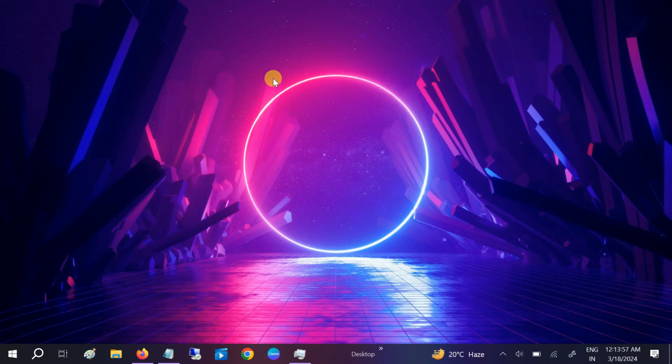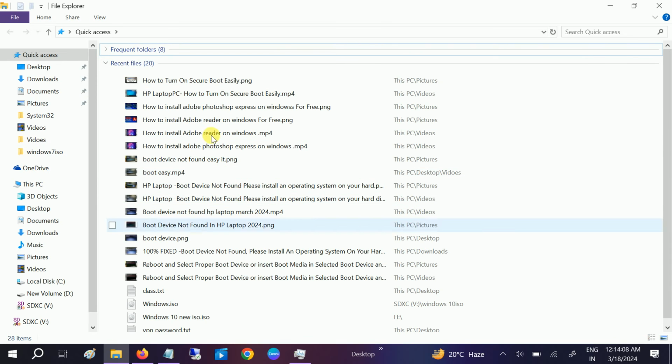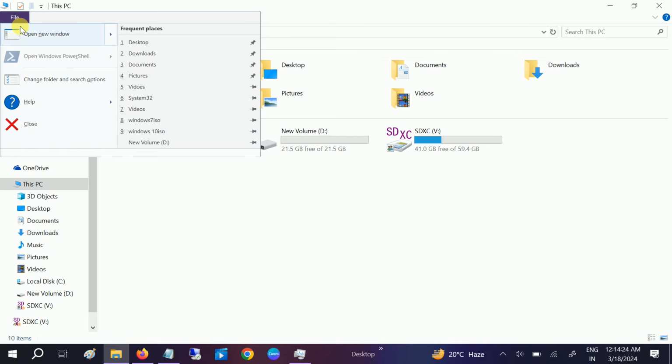In this short video, we are going to disable the quick access from Windows. So simply open This PC or File Explorer, and you can see here I don't need this quick access here. I have to select This PC and then select the other options, but I want to disable the quick access. So click on This PC, then click on the File option here, and click on this option, Change folder